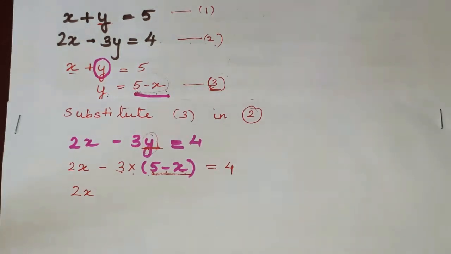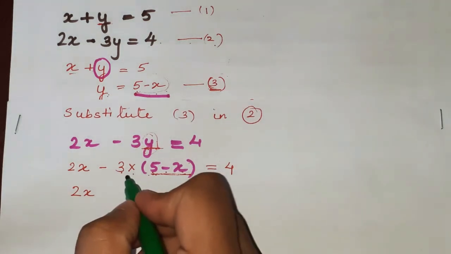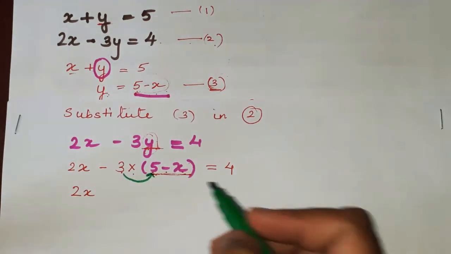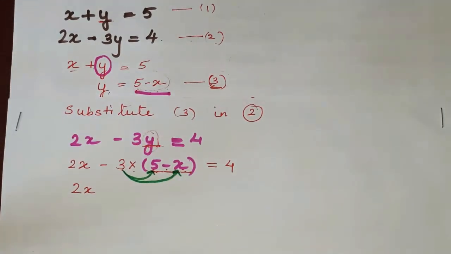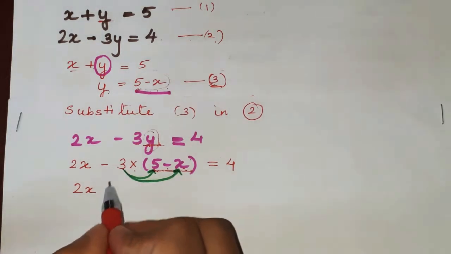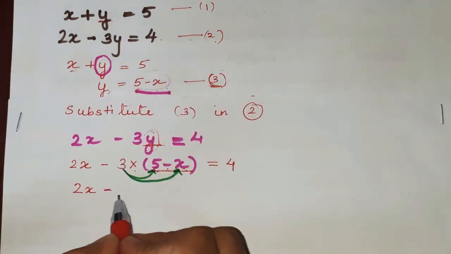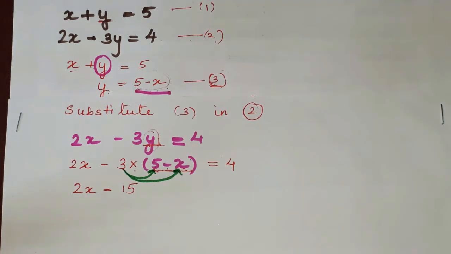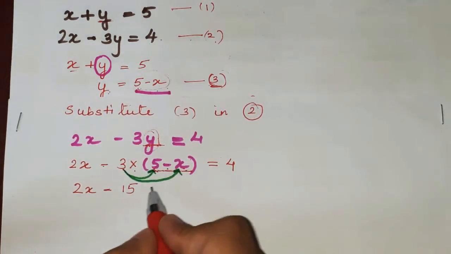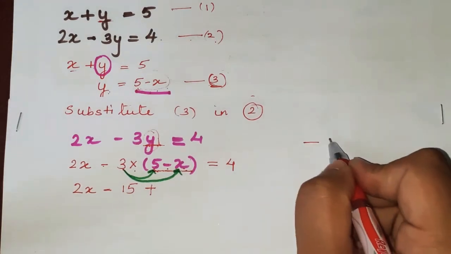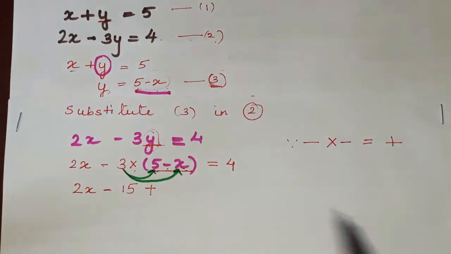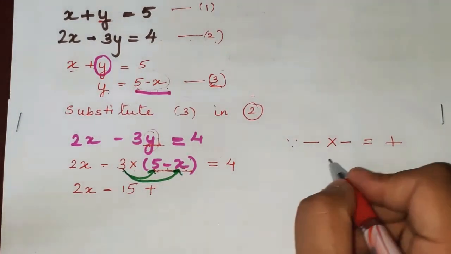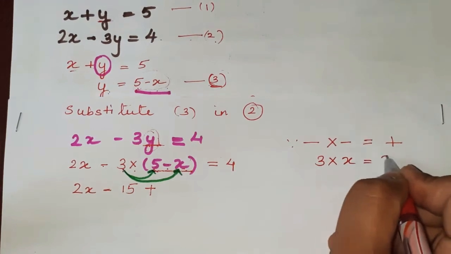So first this 3 will get multiplied with this 5, and then again the 3 will get multiplied to the second term of this binomial, that is minus x. So let's see how it is done. So minus 3 into 5 is 15, minus into minus is always plus. Okay, so 3 into x will give us 3x